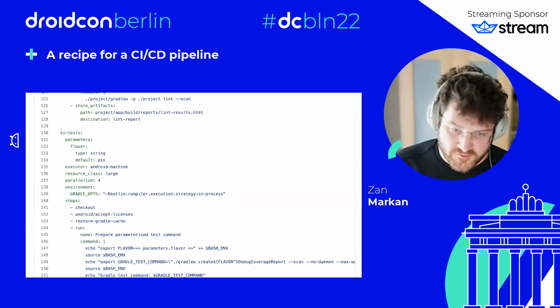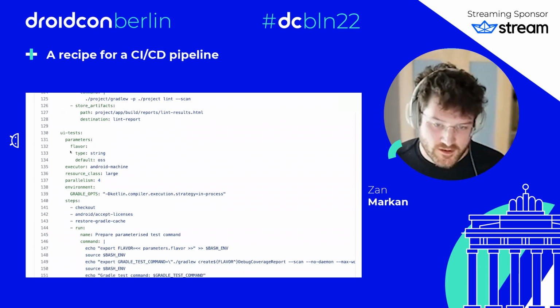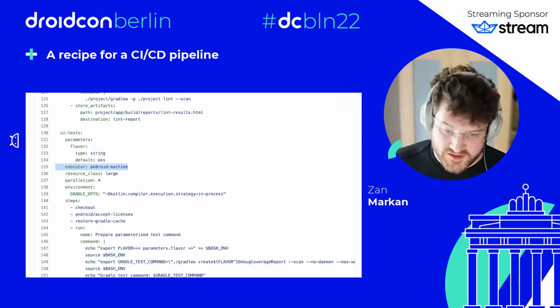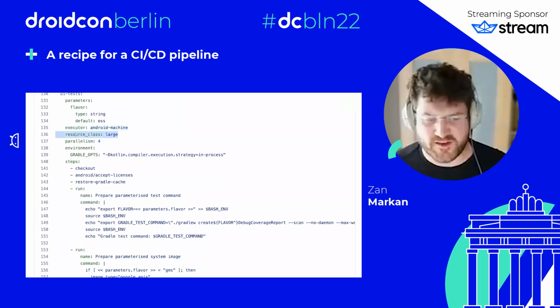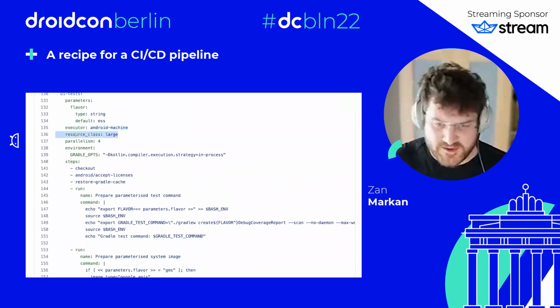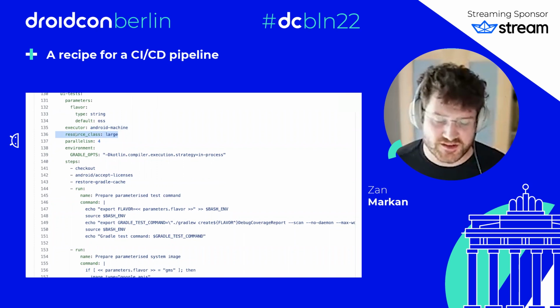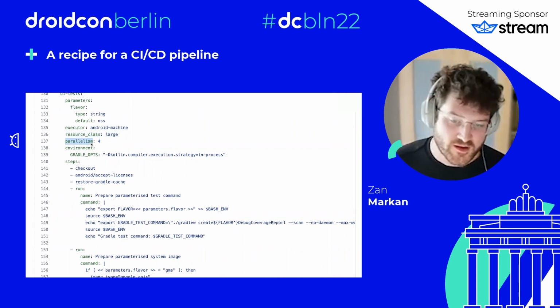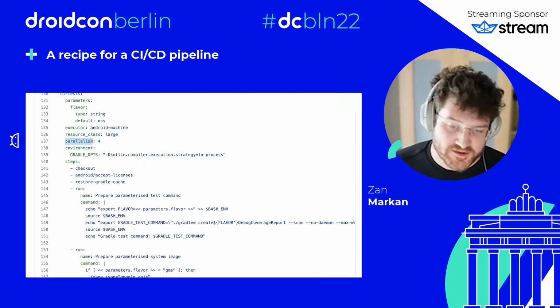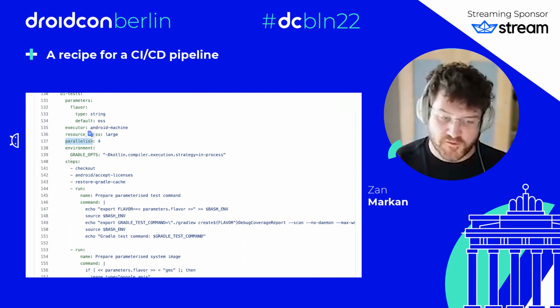So again, we have a job. Here we're using the machine executor. Resource class is a CircleCI thing. It specifies how much resources you're allocating, so how many CPUs, how much RAM. And then we also have parallelism. So basically this will spin up 4 equivalent jobs, which have